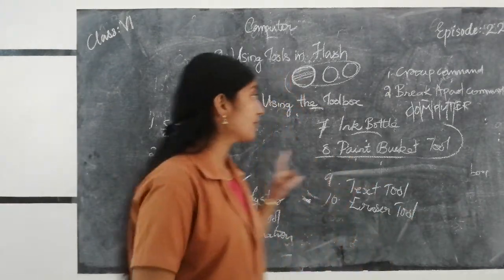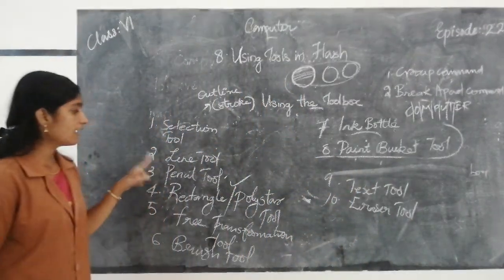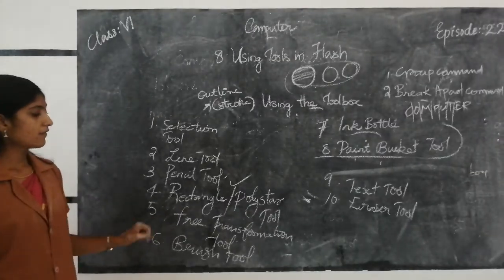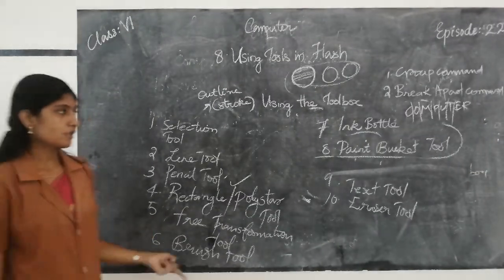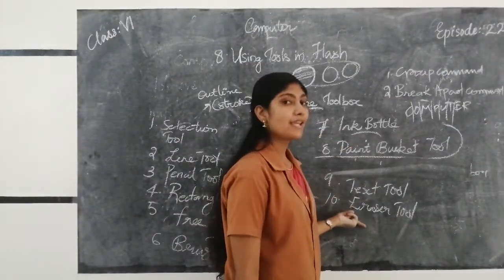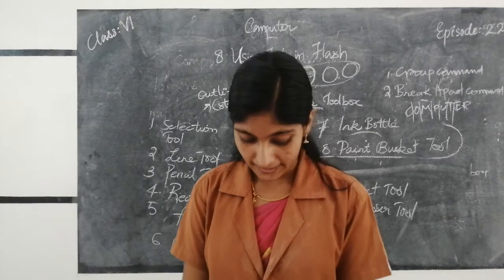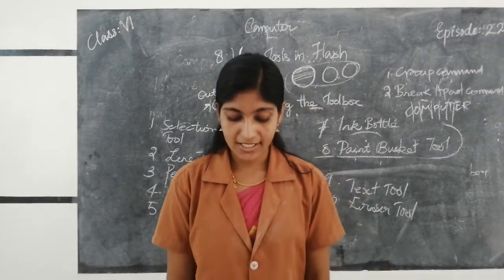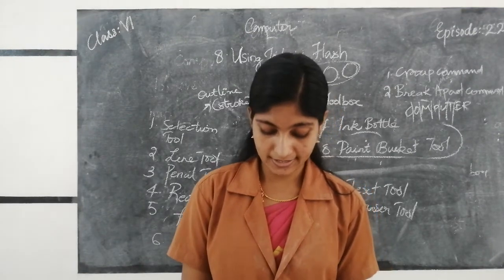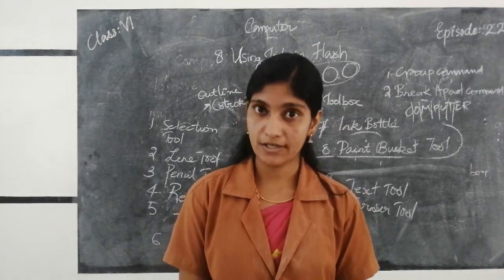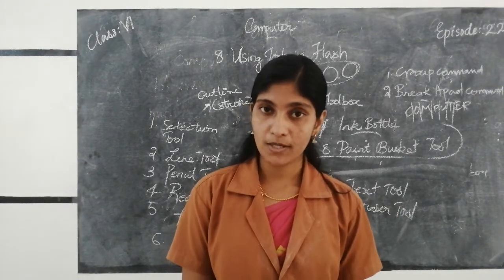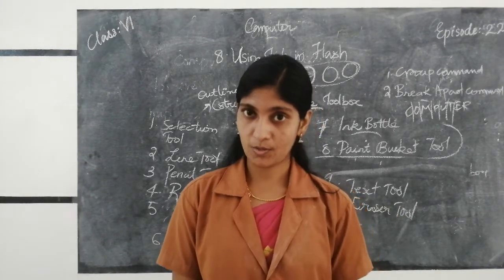Selection tools, so different types of tools: selection tool, line tool, pencil tool, rectangle star tool, free transform tool, brush tool, then ink bottle tool, text tool, and eraser tool. Using the selection tool, you can select the object. Line tool, you can draw lines. Pencil tool, you can draw freeform lines and shapes. Rectangle or polystar tool, you can draw squares,